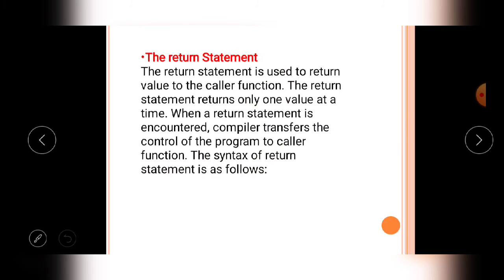The return statement is used to return values to the caller function. The return statement returns only one value at a time. When a return statement is encountered, the compiler transfers the control of the program to the caller function. The syntax of the return statement is simply return, followed by the value, then a semicolon.